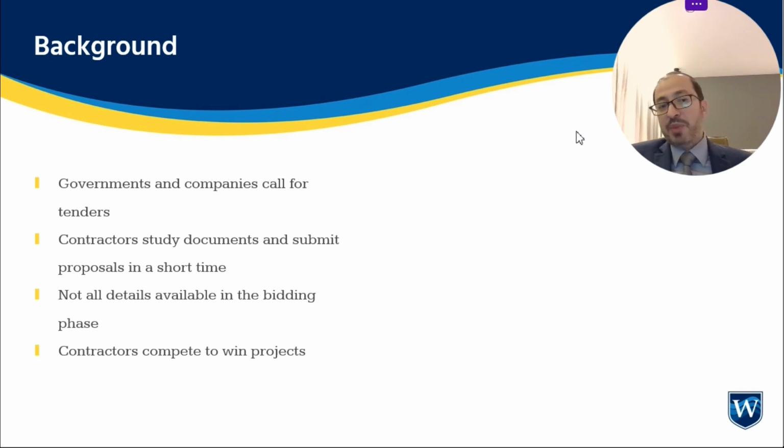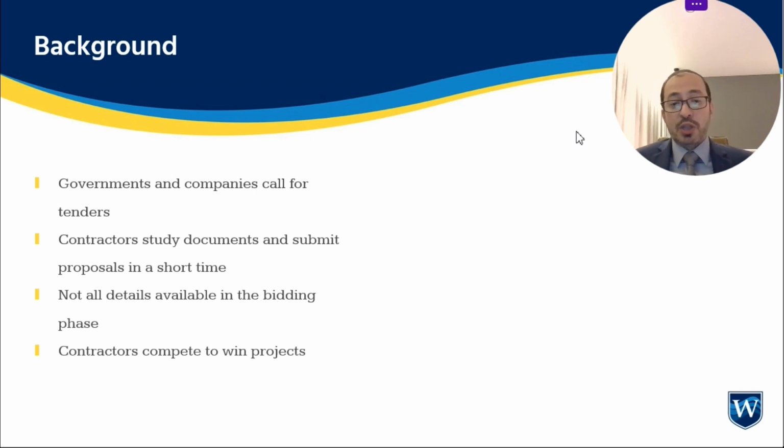Let me give you a brief background about a project lifecycle. A project starts when a company or a government, known as the owner, calls for a tender. Accordingly, contractors receive the tender document, study the document, and provide technical and commercial proposals. Consequently, the owner selects the lowest price, providing the L1 offer is technically approved. Okay, where is the problem then?